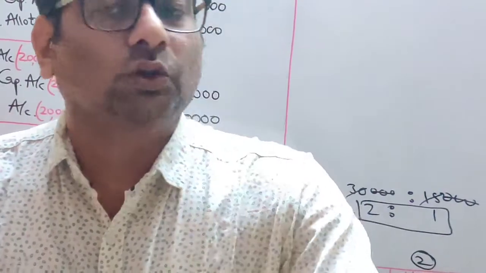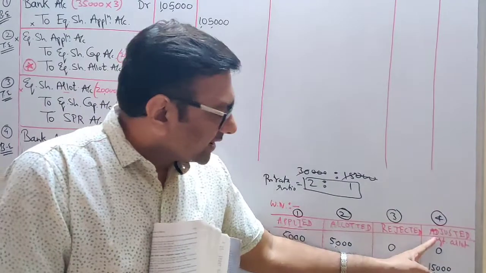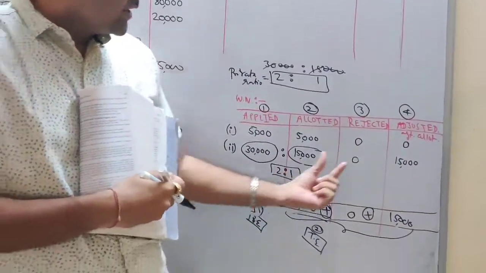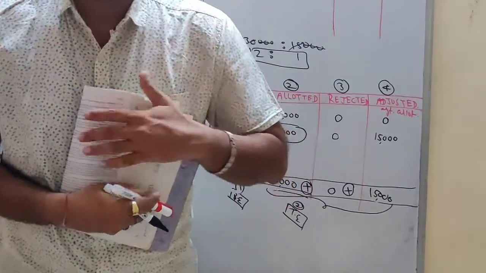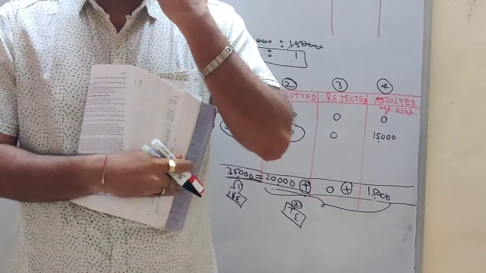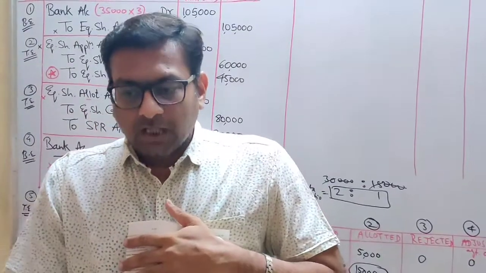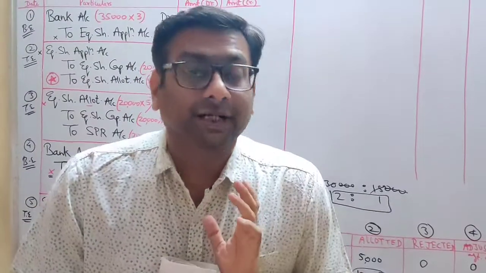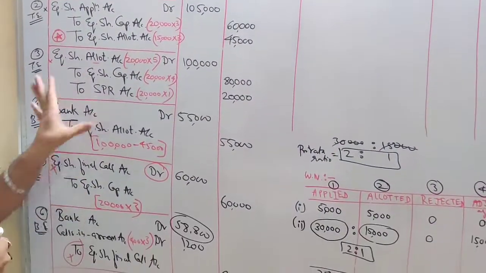Now students, one more important thing I want to tell you here. Take a note of this. In pro rata, you have adjusted this amount against the allotment, right? That is what pro rata says. You have to adjust this excess application money against the allotment. Now when you are adjusting it against the allotment, one important point I want you to take a note of. If there is arrear at the time of allotment, now in this sum also there was arrear, but arrear was in final call, not in allotment.